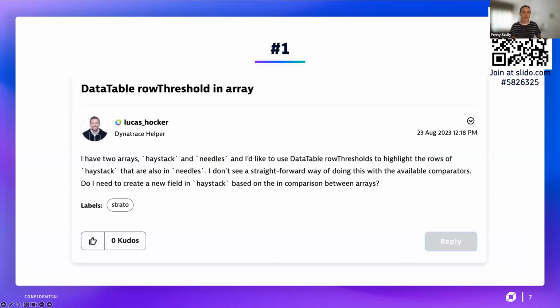Our first question was asked by one of our Dynatrace helpers, Lucas Hocker, and he was looking here at doing conditional formatting of some columns, also known as highlighting some columns in a table. Cindy, would you like to explain the solution for us? Yeah, so sure, Penny. So basically, when you use a data table component, the data table component has a prop called row threshold. And Penny, if you click on the next slide,